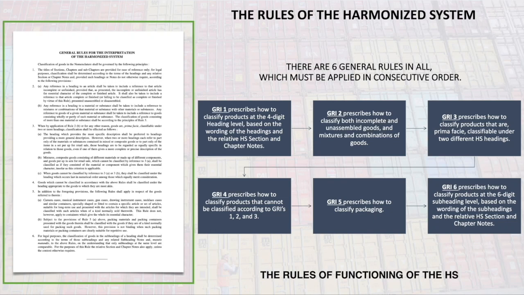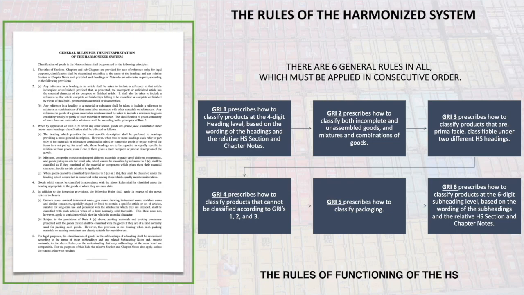The rules operate in very general terms in this way. First, we must find the correct heading for our merchandise. Remember that the heading is the 4 digit code. So we will apply rule 1 if we are able to do it. We must continue applying the following rules from 2 to 5 depending on the type of complication we had,